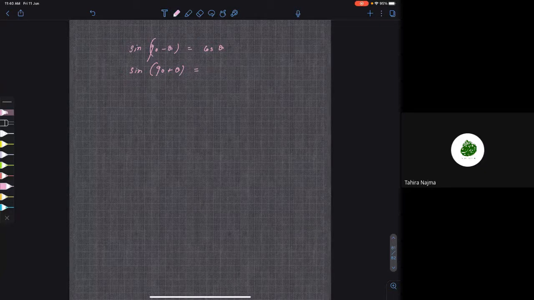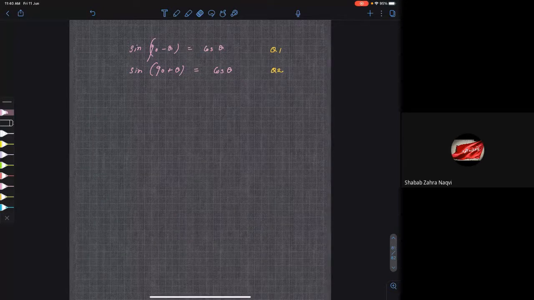Yes. So whenever you have 90 or 270, sine becomes cos, cos becomes sine. Now it becomes cos. Now the question is it plus or minus? It is plus. Why it is plus? Because it is in second quadrant. So I'm writing that here. This is in first quadrant. This is in second quadrant. Now whether the angle is in first quadrant or second quadrant is judged based on the assumption that this theta is what? Acute. This theta is acute. You are getting my point?